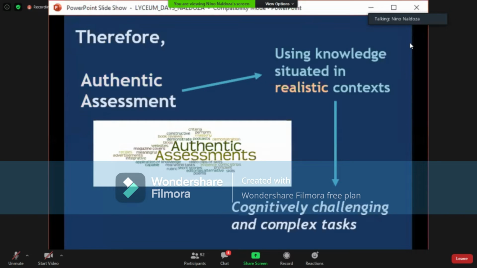Therefore, authentic assessment uses knowledge situated in realistic context. For example, if we have the material na gagamitin natin or activity sa bata na lifted from a given source, or sabihin natin na ang naging pattern niya ay nasa isang libro na international yung context, pwede natin baguhin yung context ng mismo activity o ng problem-solving exercise ng local context siya. Ibig sabihin, we're citing some of the names, things na applicable dito sa Pilipinas. At least they can easily see the connection or the integration.